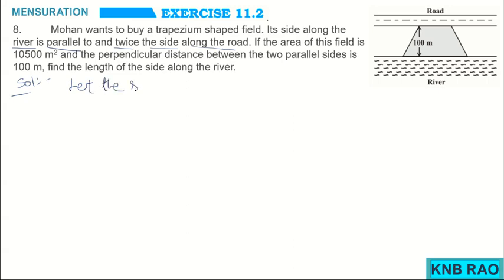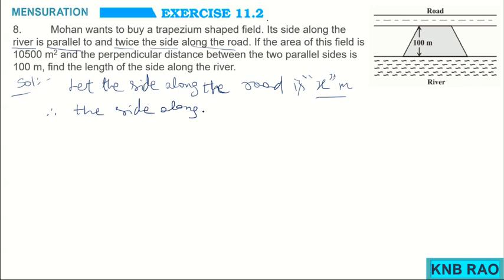Let the side along the road be x meter. So we assume this, therefore the side along the river will be twice of this x, therefore it becomes 2x meters, and it is given that